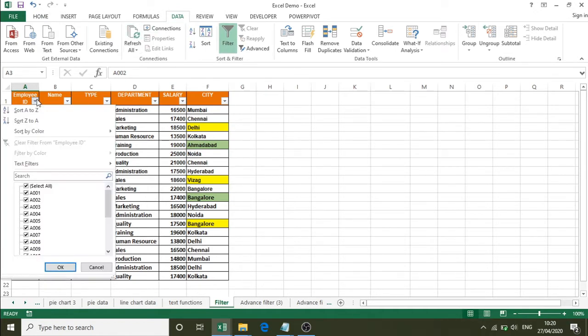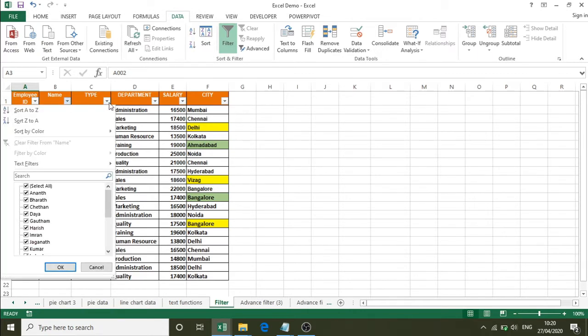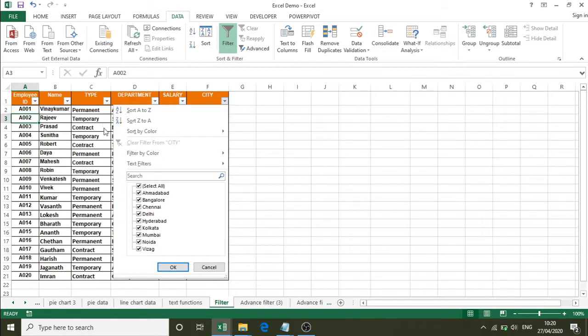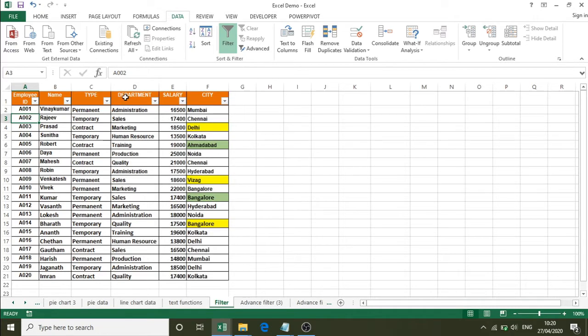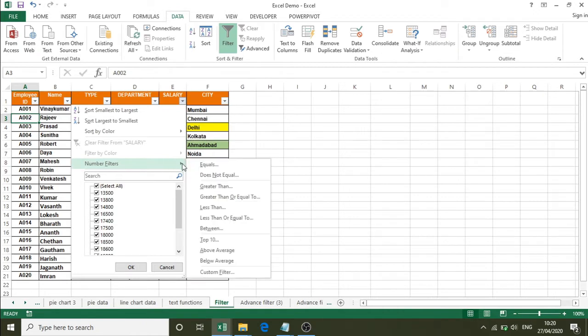If you click on the filter button, you can observe the menu and options available for providing criteria. If it is numeric, you can see number filters: equal, not equal to, greater than or equal to, less than.